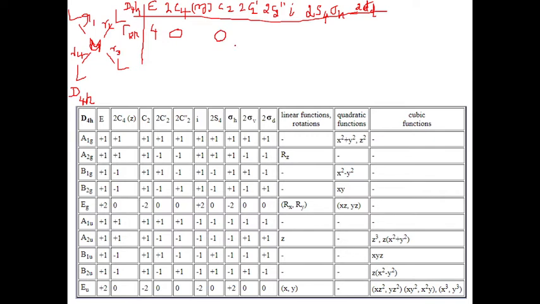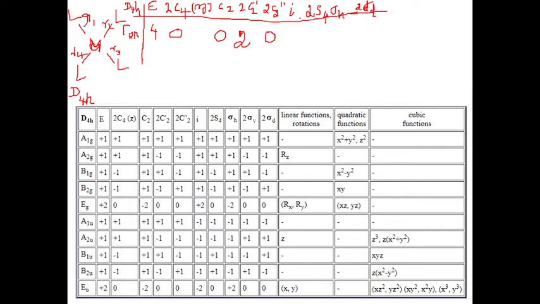Okay, and then when I am going to do the C2, that is the rotation along C2 prime, when I am going to rotate along this axis, what will happen? R2 and R4 will not change its place. So the number of unshifted atoms are 2. Okay, and then C2 double prime, when I am going to do a rotation like this, again what is going to happen? All the bonds are going to change, so it is 0.